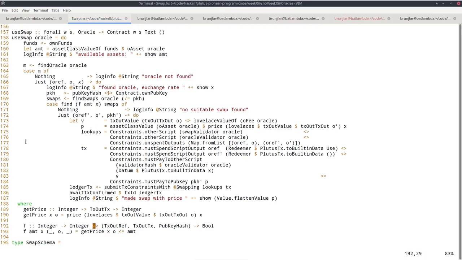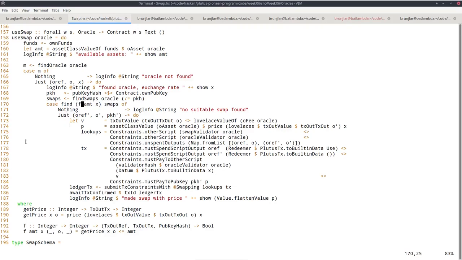And we give it two parameters: the amount that we have, the assets that we own, and the current exchange rate. So this predicate now takes the amount we have and the current exchange rate, and goes over the elements of the swaps we found and returns whether this is a suitable swap or not.